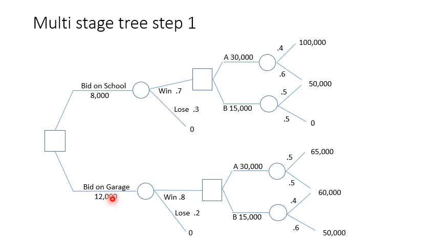So therefore, we've just blown the $12,000 on the garage or the $8,000 on the school. So that's where we stand with that. Now, if we do win, we have to make another decision. This is our personnel package. Will we put in our A team, that is our more experienced team, and that team will cost me $30,000,